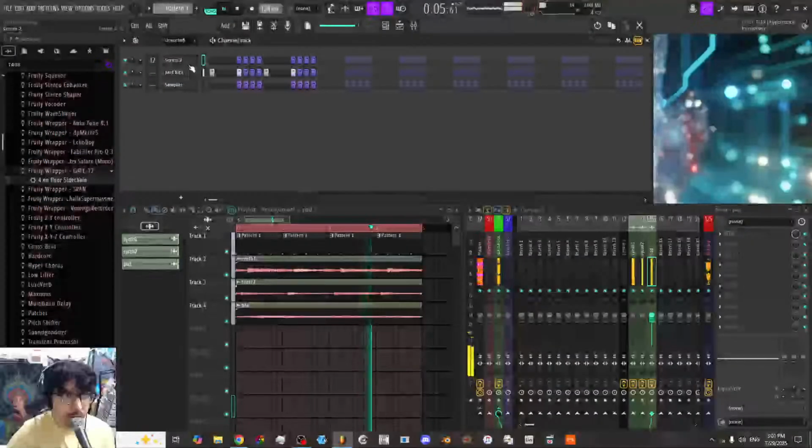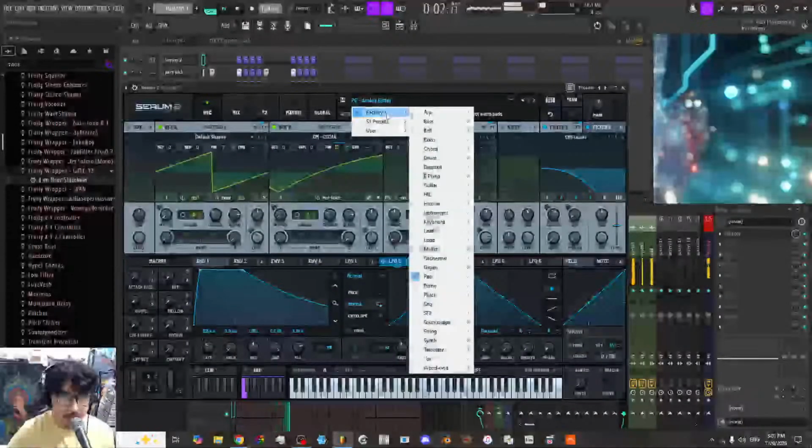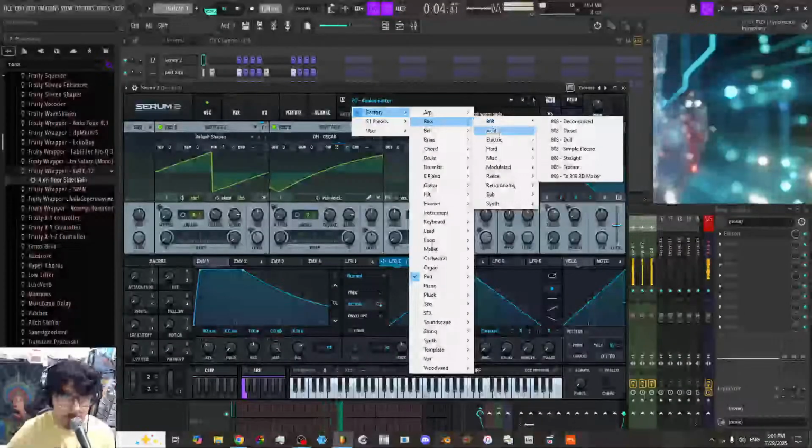I might pull up, I don't know, we'll see. Let's try out some of these basses.